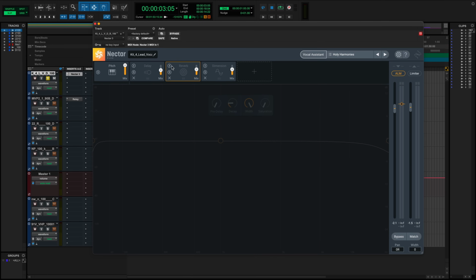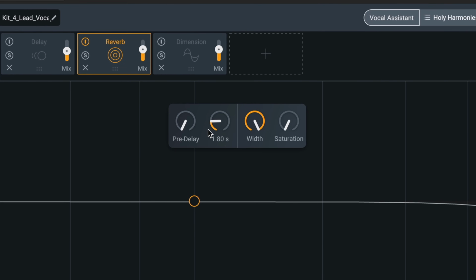Very, very similar. Right away, you'll notice that we have an EQ, which also protects certain areas of the dry signal from getting wet with reverb, and this is great for a tight, controlled reverb sound. We have pre-delay, decay, width, and saturation. Pre-delay just holds back the reverb signal a little bit, depending on how much,